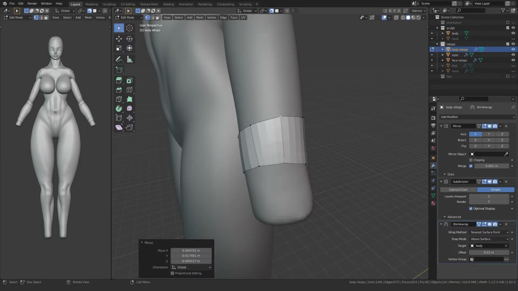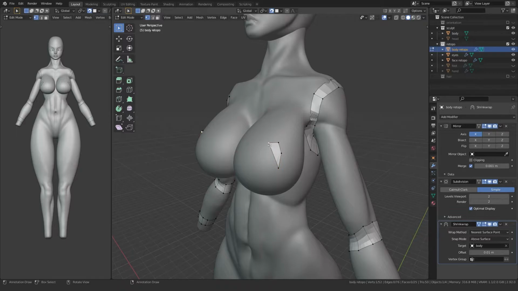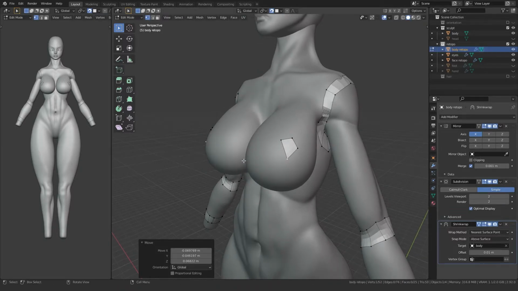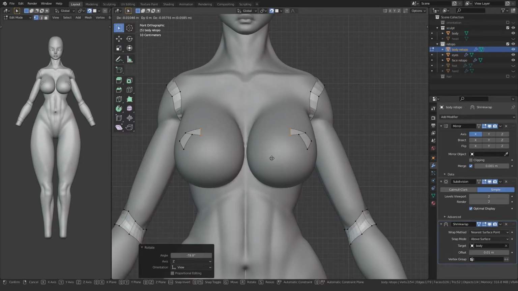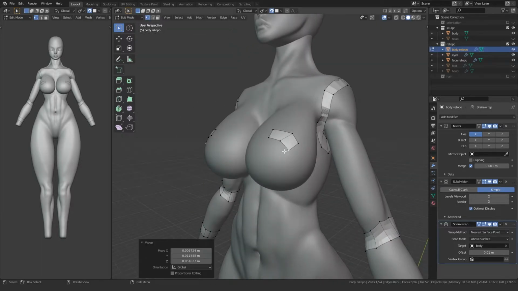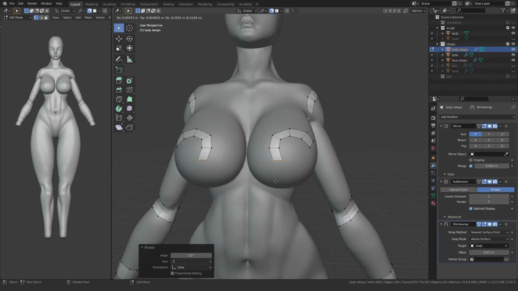Now, as you can see here, retopology is fairly boring, but there is another way to retopologize bodies and faces. It's a slightly faster method. It still takes a lot of work, but who knows, maybe you'll like it. The way you do it is you